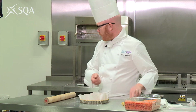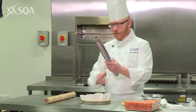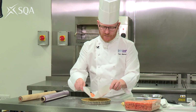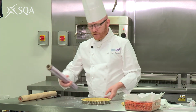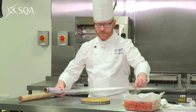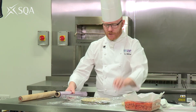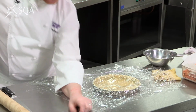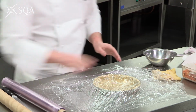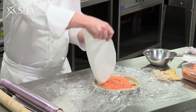Our other way of lining it for blind baking is to use cling film. I'll just quickly show you that. I actually prefer cling film because there's less risk of the baking beans contaminating the pastry. So we take about 3 sheets of cling film. Never do it with one because it always bursts. So 3 sheets of cling film, and then we can put our baking beans in,